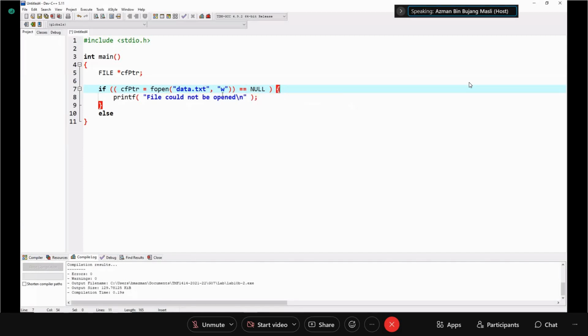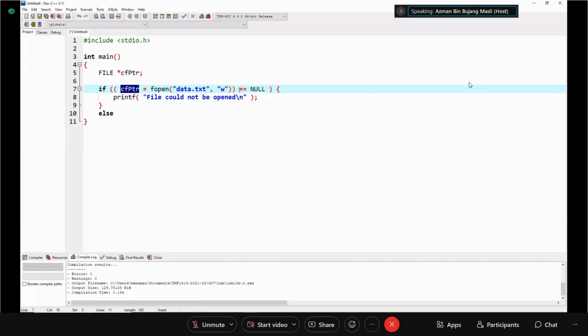And then after we use fopen, if you can open the file, then the file will be assigned to the pointer. But if fopen fails, then your pointer will get null. So that's why we check for null value in case fopen fails.